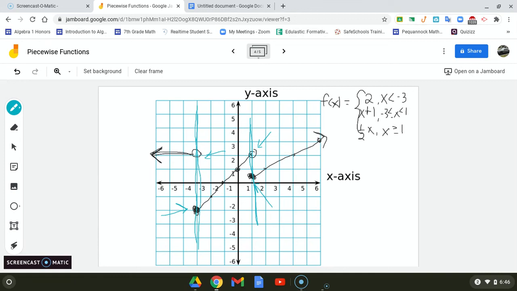Again, really important to make sure that each value is defined only once because we want to make sure it stays as a function. Okay, and this is what piecewise functions are. And like I said, you could have a piecewise function with 7 pieces. You could have a piecewise function with 2 pieces. Sometimes you'll be given the graph and you'll be asked to write the function. Sometimes you'll be given the function